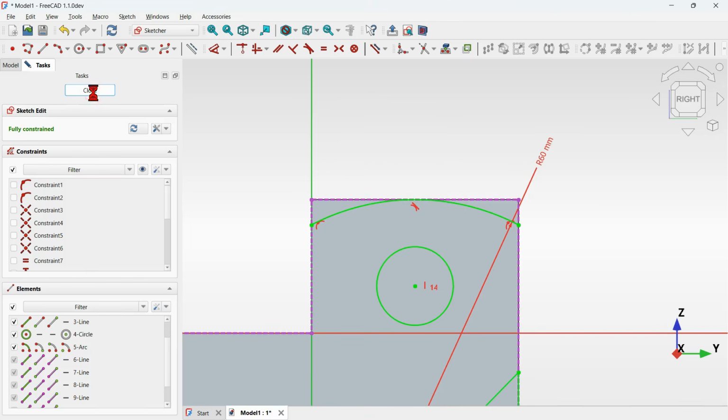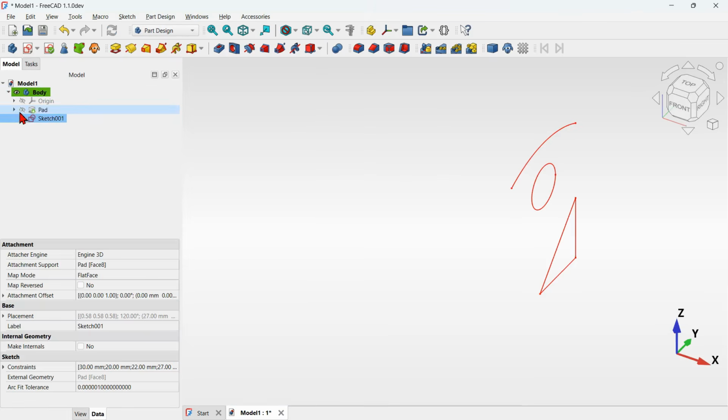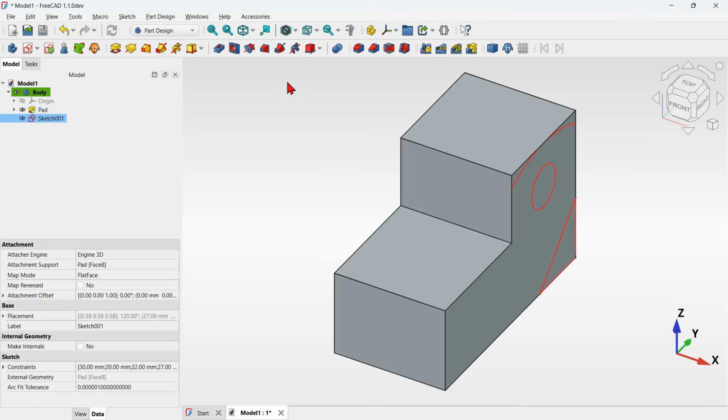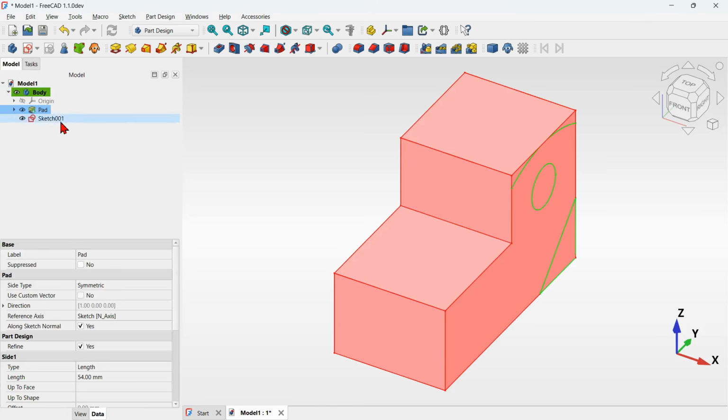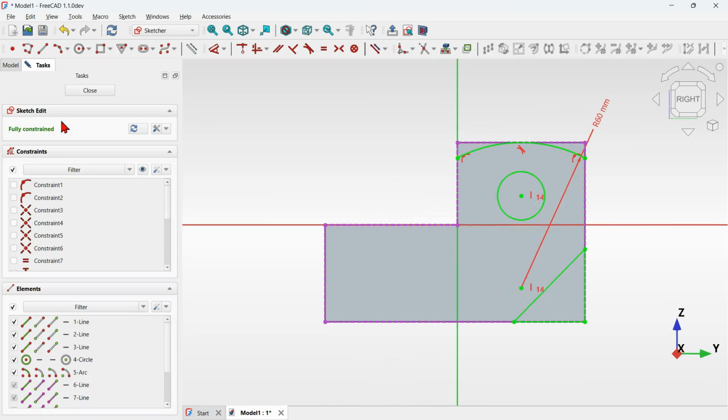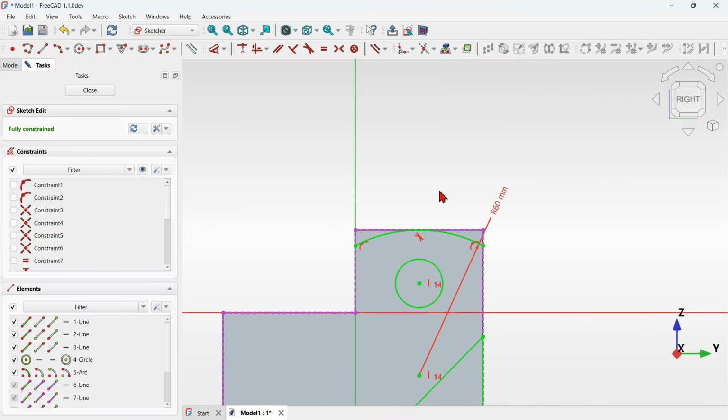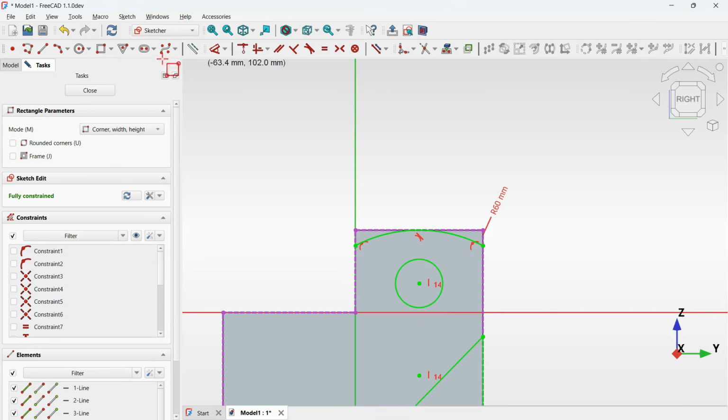if we close this sketch, for example, and let's make the pad visible and try to create a pocket using this, as you can see, nothing happens here. If we click OK, as you can see, we have this problem, wire is not closed. Okay, cancel this. Double click to open the sketch 001, and here let's select rectangle tool and the sketch geometries